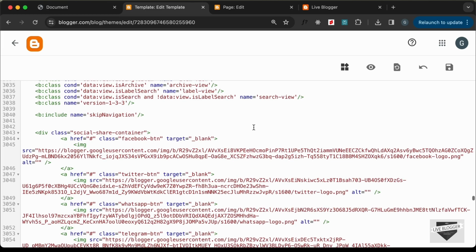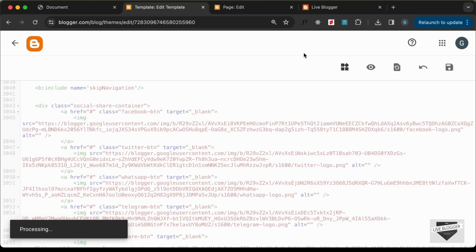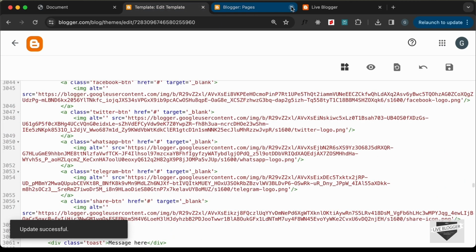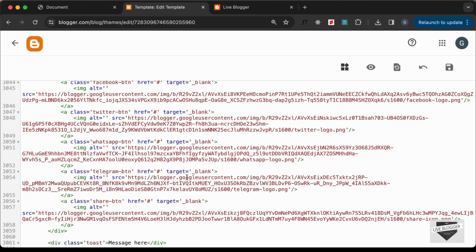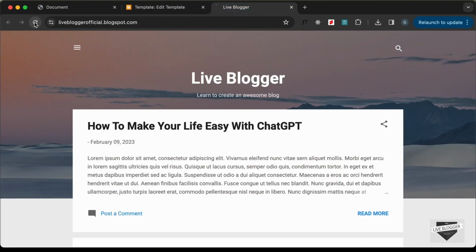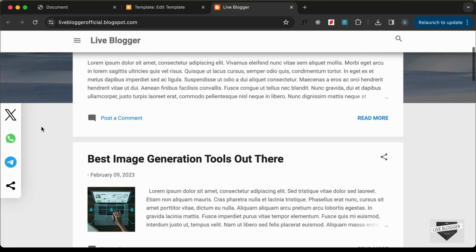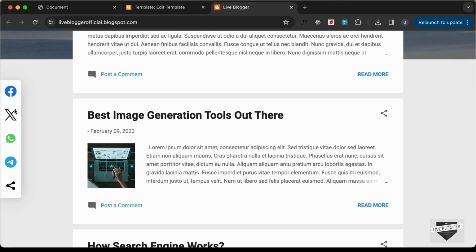And now let's go ahead and click on save, and I'll just go back over here. So now this update was successful, so let's go back to our website and let's reload this page. And now we can see that the social media share buttons are not being displayed, but if you scroll down, here it is displayed. So we need to add a Z index to this container so that it is above